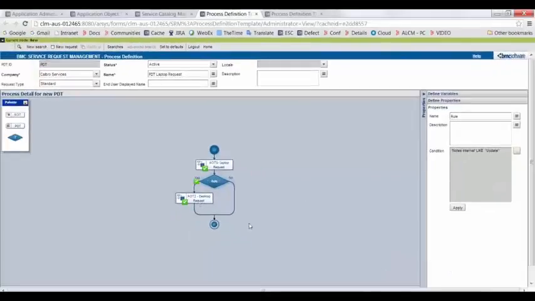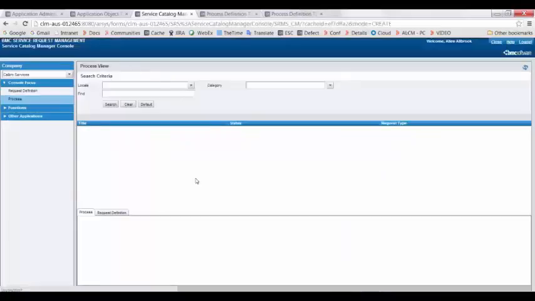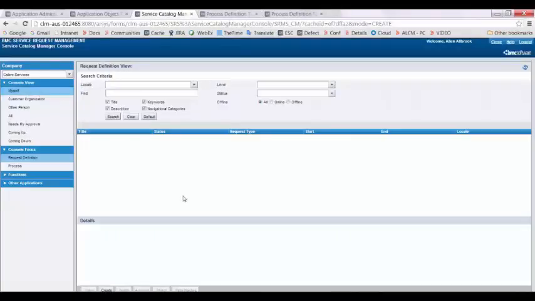Now go to the second AOT and open map data. For the description field, map notes internal as an input, and for detailed description, map notes output as an input. Save the PDT. Come back to Service Catalog Manager Console and from Console Focus, click on Request Definition,